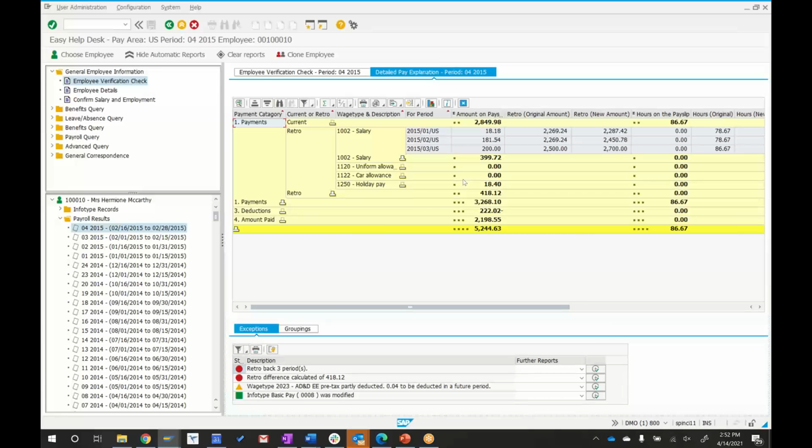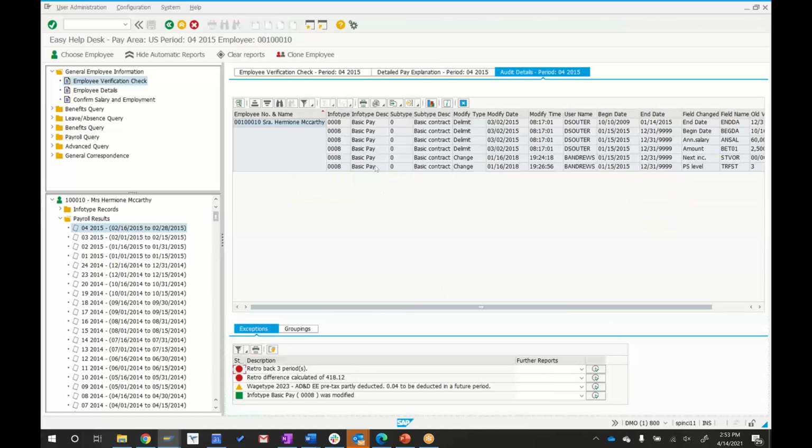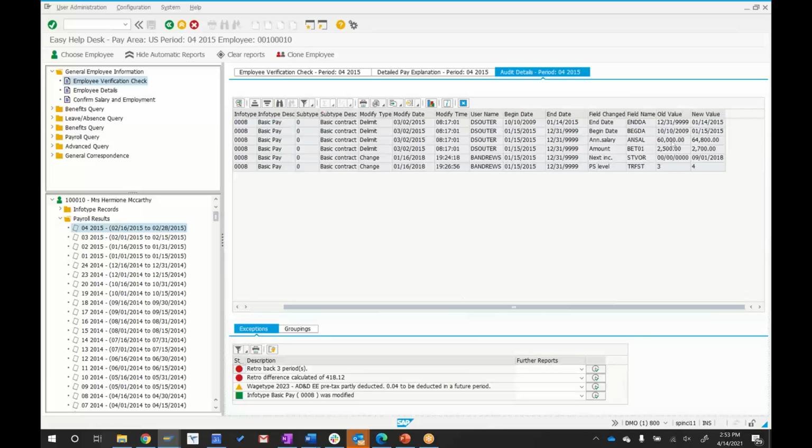And then you're sitting there and going, okay, why? Why did this occur? And that's really the answer, right? I can see that this occurred, and we've been doing payroll a while. Salary and holiday pay is probably their info type 8 that probably changed, and of course it was. But this right here is the needle in the haystack, right? You're always trying to answer that question of why did it occur, and you could take 20 minutes to go figure that out, right? We can just run again some reports on here to see that their info type 8 did in fact change. They probably got more money in the period, and we can see that, yeah, they went